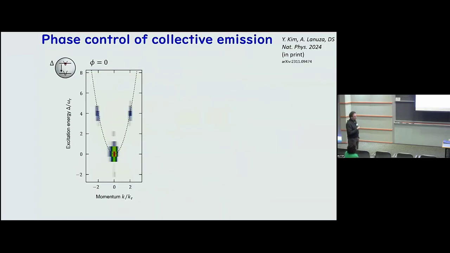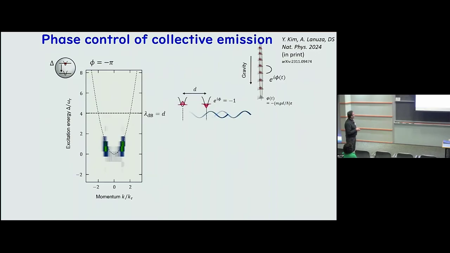Now, we can control these phases simply because we can imprint the phase gradient across the sample of emitters, and that's very simple because our tubes are vertical, and we can just apply gravity for a while, and that will imprint the phase gradient depending on the vertical position. And so if you do that, what you see is that those blobs start moving around. And so you can tune your system around